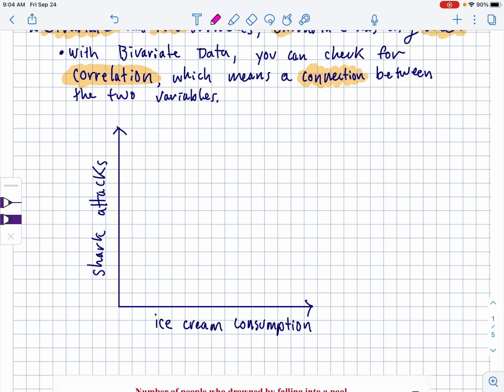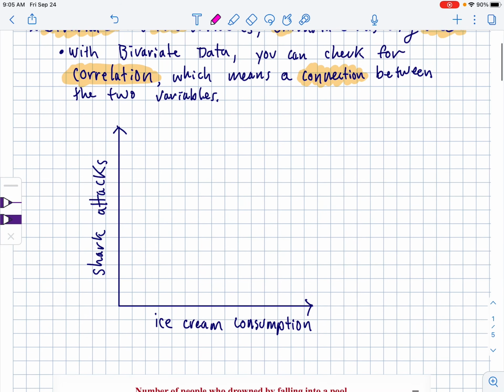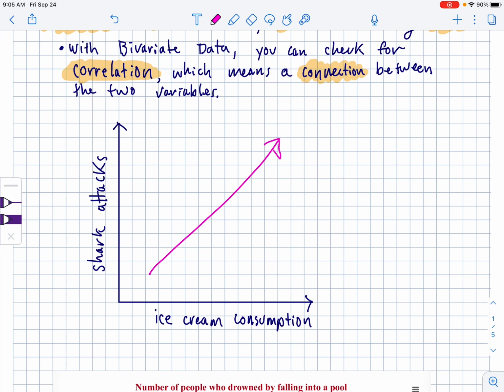shark attacks will happen. Now, I always get students to try to talk about why this might be happening, and there's lots of wild theories, like if you eat more ice cream, then you're tastier to sharks and things like that. But the actual reason is that the two have nothing to do with each other. So it's true that they do have a strong correlation, which means that as ice cream consumption goes up, shark attacks also go up. This is because of a confounding factor between the two.